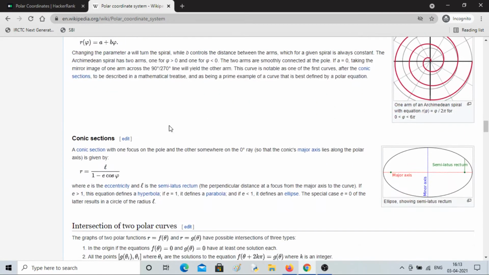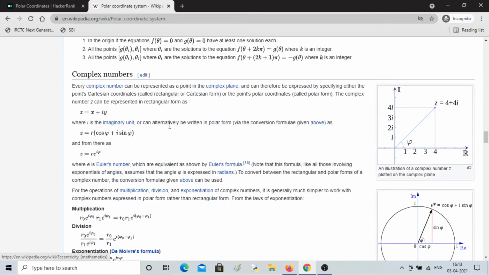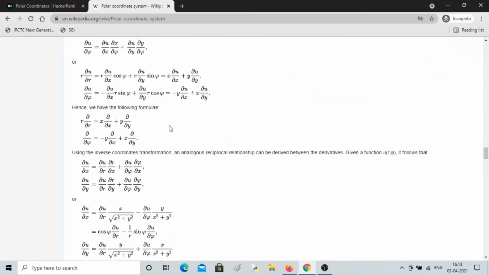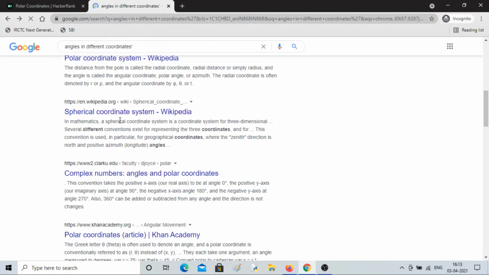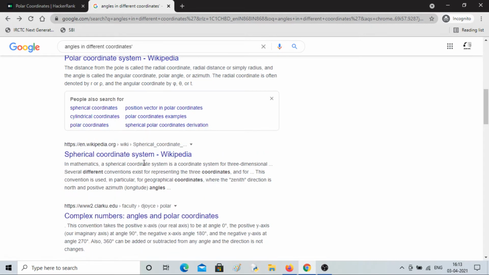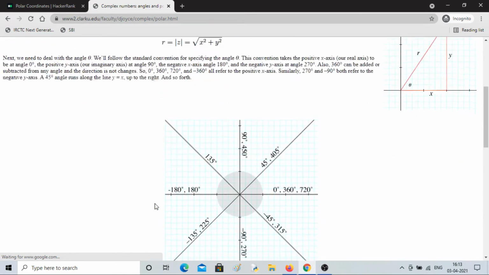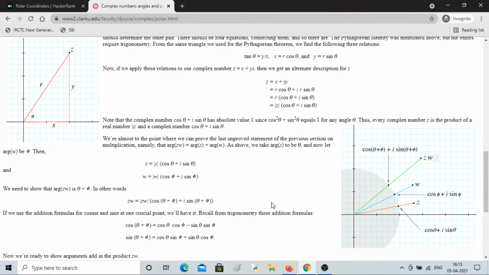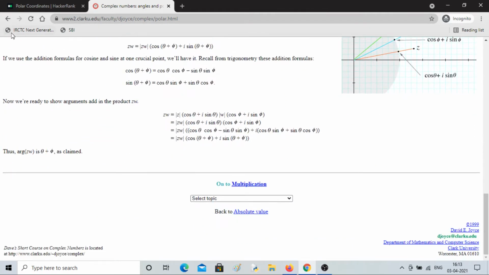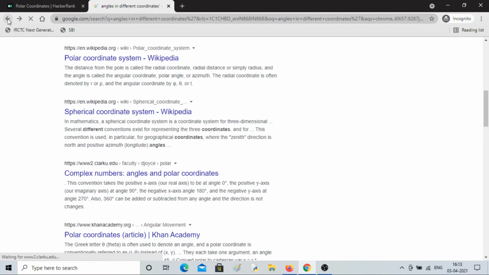I am looking for a much simpler diagram. It is not required, but I still want to show you angles in polar coordinates and complex numbers. So this is 135, yeah, that is true. I'm not able to find that.